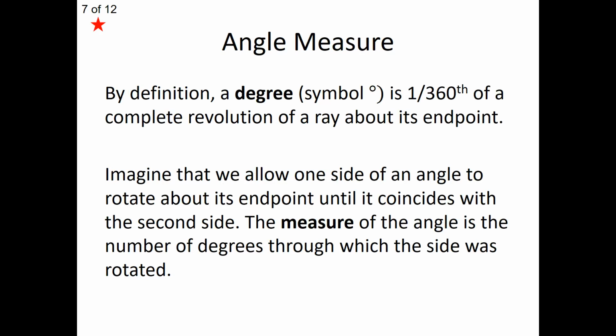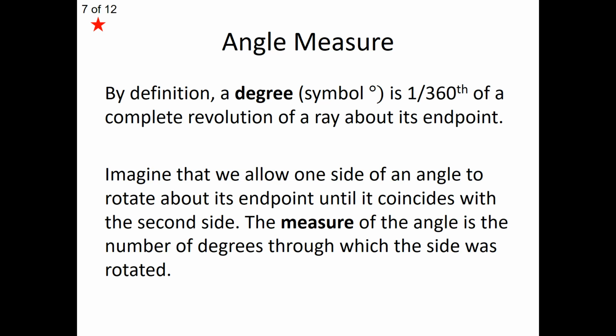Imagine taking a single ray and rotating that ray about its endpoint, basically making a complete revolution with that one ray. As it sweeps in that one revolution, imagine that it completes 360 little parts. Basically, we cut that full revolution into 360 tiny little slices. Each slice of those we call a degree. So a degree represents one out of 360 slices of a complete revolution,